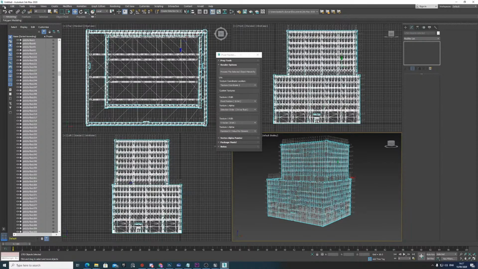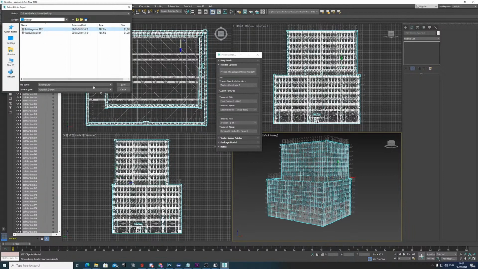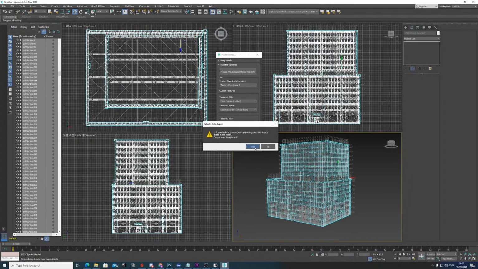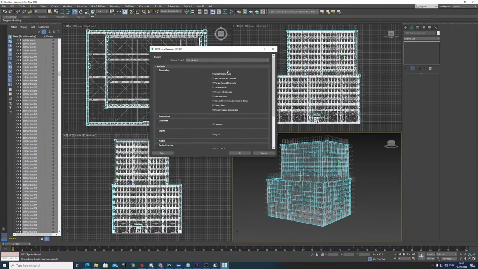And then we'll just come here and do our first mesh export. We'll export selected. I'm going to do our building outer. I've already done one of these before. And we're going to make sure we have our smoothing groups on, our tangents and binormals, and I'm going to